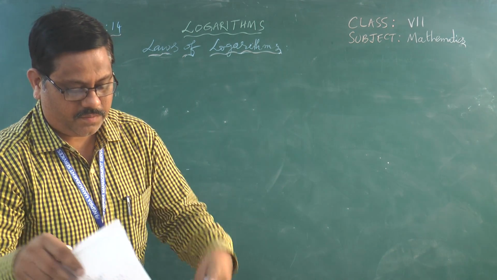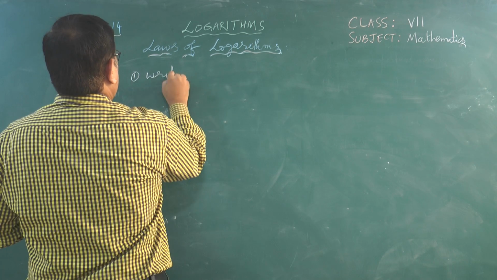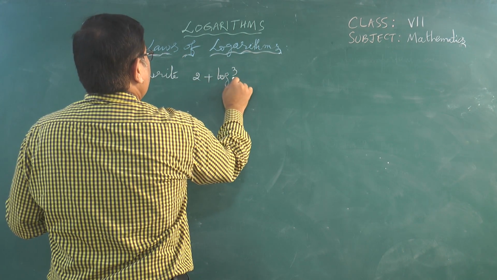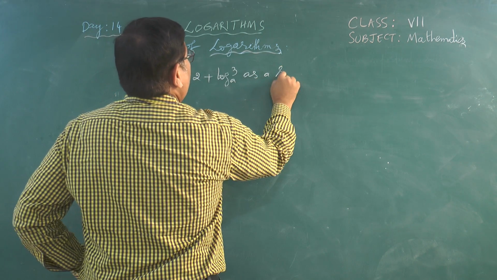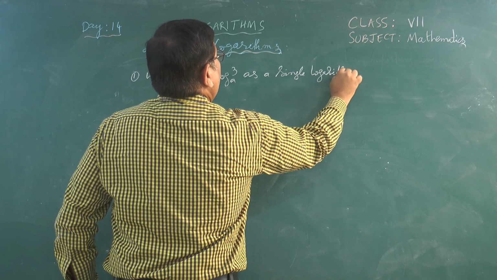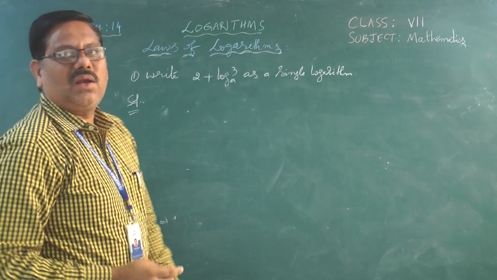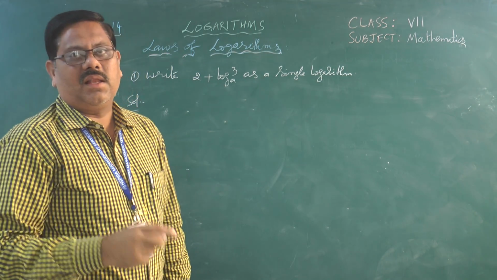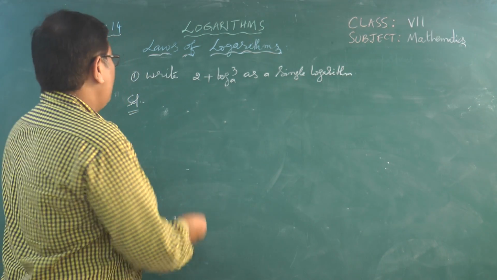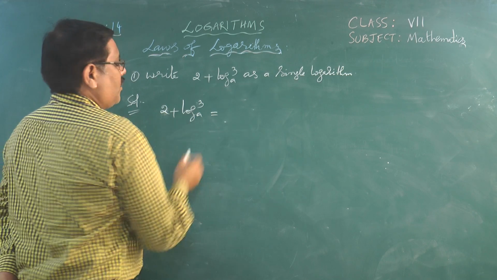The first question is, write 2 plus log 3 to the base a as a single logarithm. We have two terms here. We have to make it as a single term. How to do that? We have 2 plus log 3 to the base a. 2 is equal to